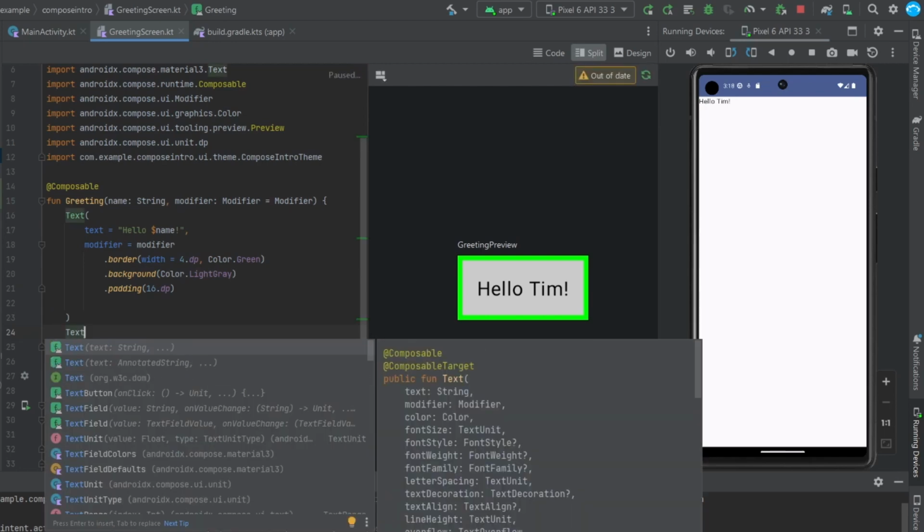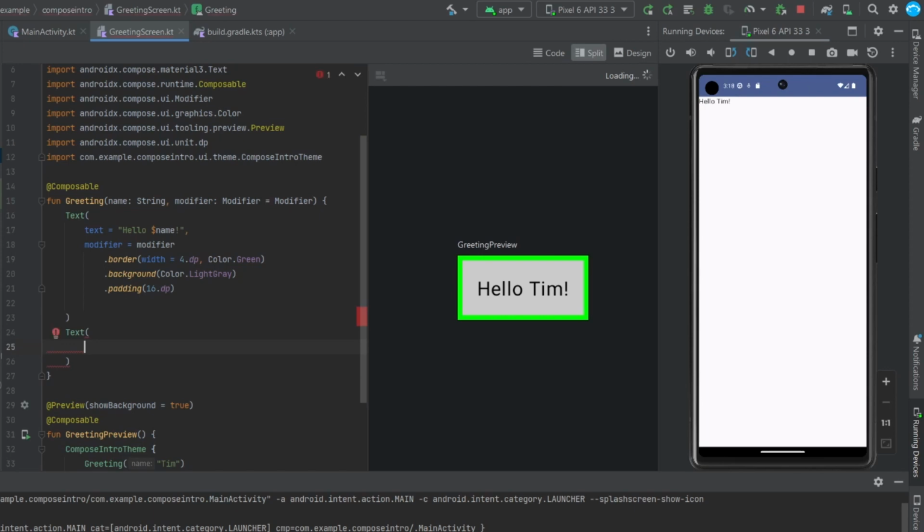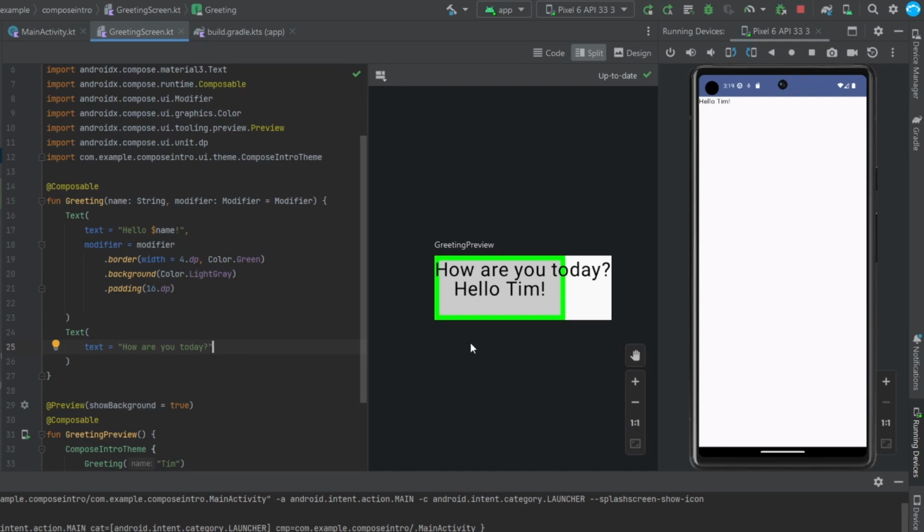So we've got another text field, and in here we're just going to say text equals how are you today? And then go ahead and let that render. But you'll notice a problem here, right? That text pretty much has written itself right over our other text field, except it's actually a little above it, but that's only because we have this 16 dp padding. So if we added that same padding down here,